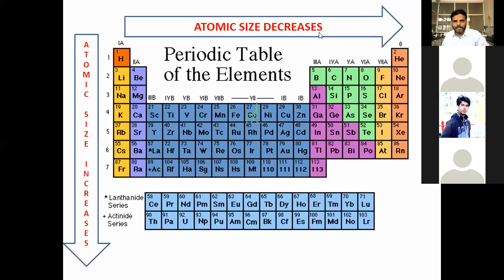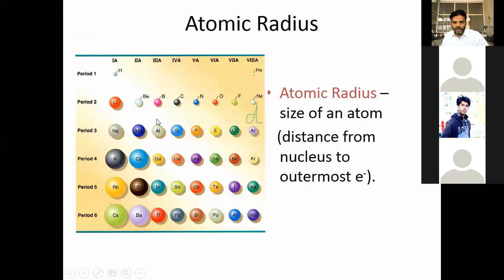Okay. So next, this is the example of the atomic size or atomic radius. Now, if we observe the period number 1, this is the hydrogen atom, it is the helium atom. Okay, there is not too much difference between hydrogen and helium. Why? Because both belong to the first period and both have only one shell. This configuration is 1s1 and helium has 1s2. But when we go from top to bottom, the lithium, sodium, potassium, rubidium